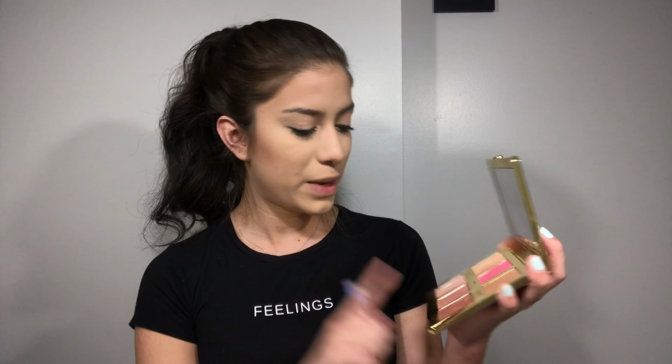And this will just go ahead and bring life back to my face. So you guys can see the difference between this side and this side. Like, just by looking straight forward, you guys can tell a difference. And I'll go ahead and use the Pink Sand blush, and trust me when I say it's pigmented colors, so just be careful. I'm not a big blush person, so I don't use it too much, but if I do,